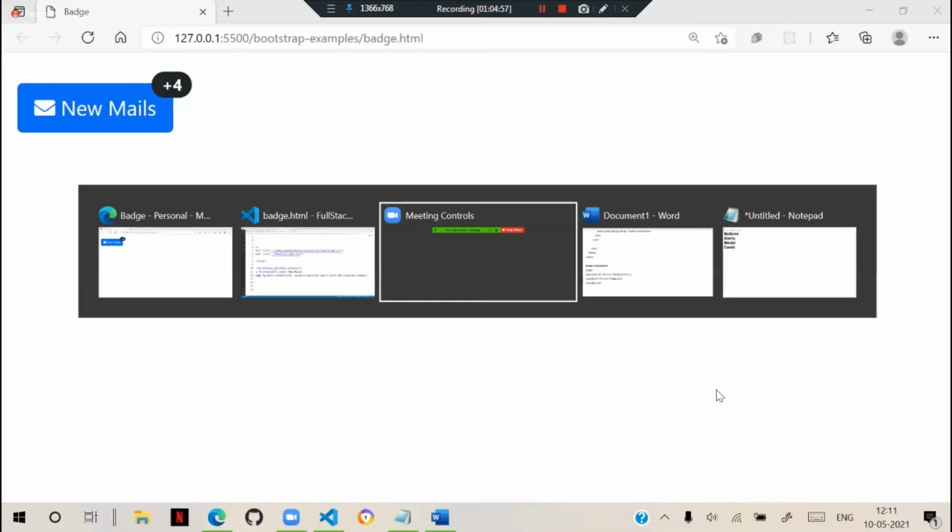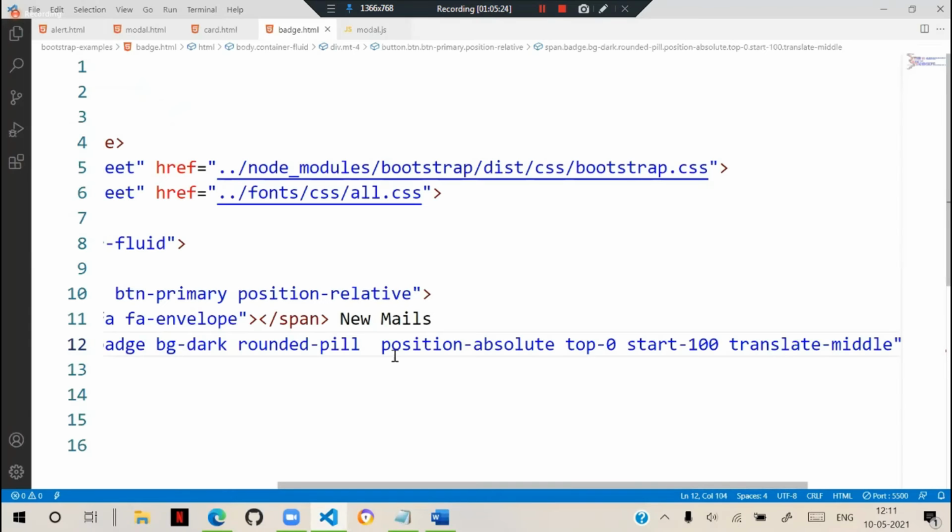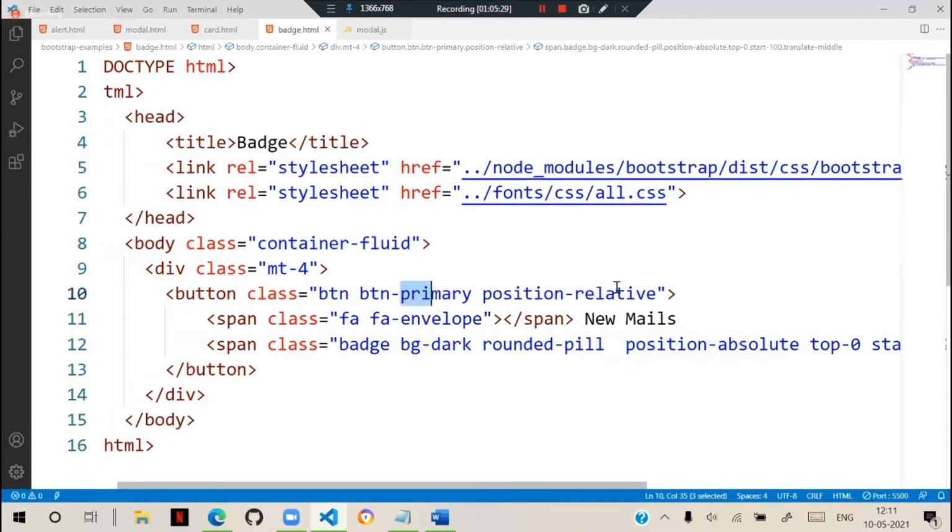That means you cannot simply depend on the option of only the span placement. You have to keep your button, because it has to work with button and span. That means it should be relative. Button should be relative and the content inside it will be relative now. And content inside it you can keep at position absolute. That means absolute means now what will happen? This will be absolute position to this relative position, the button's relative position.